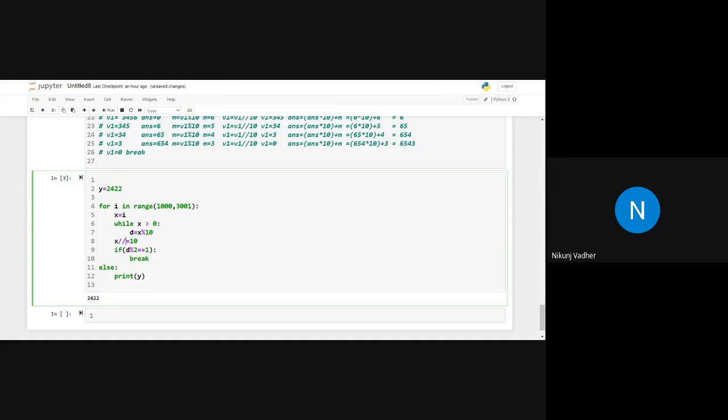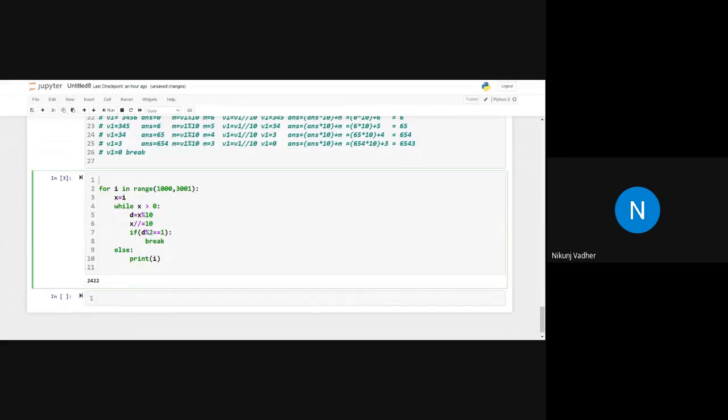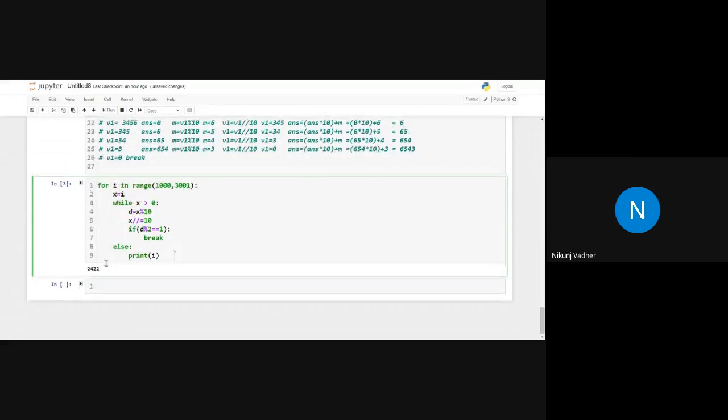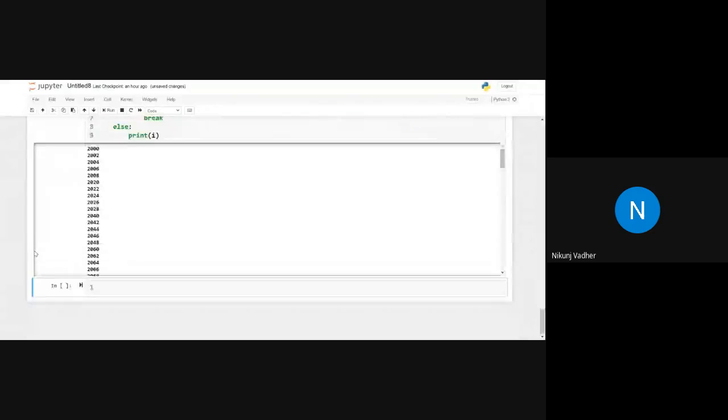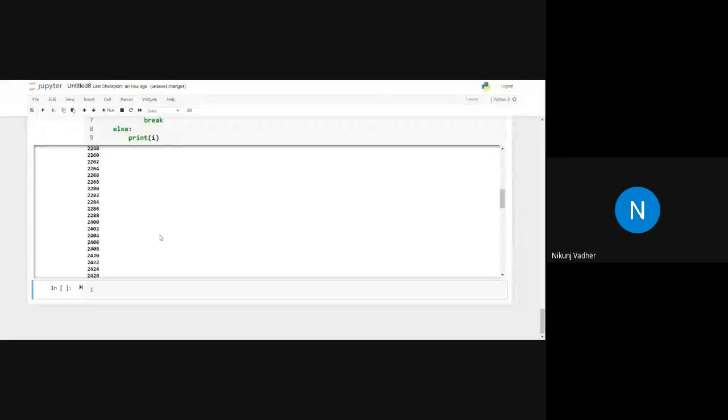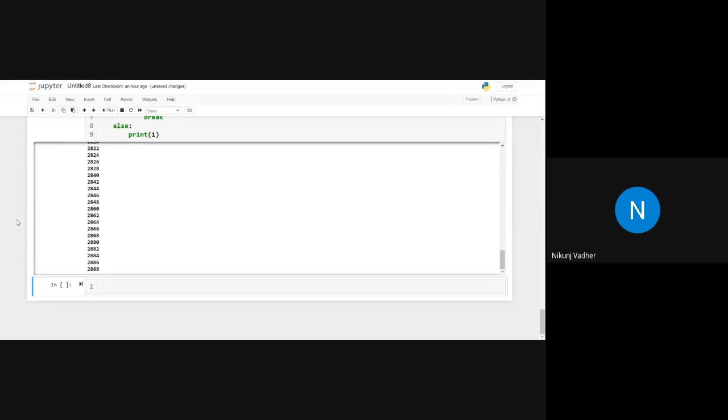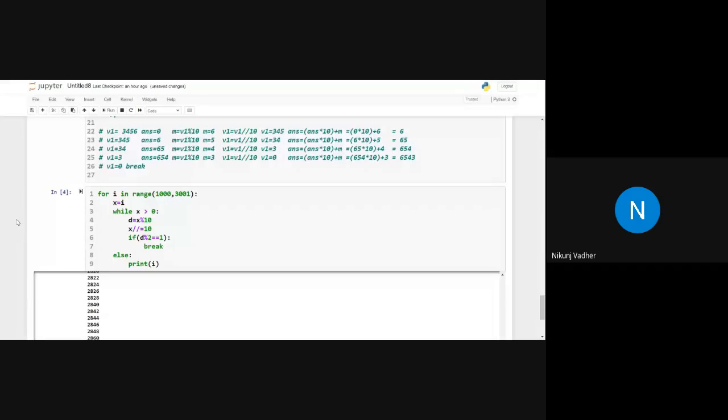We will put it over here like this, and instead of y, here we will print i. That's it. This is your program. Only 9 lines. You can see we will get all such numbers that have only even digits in the number.